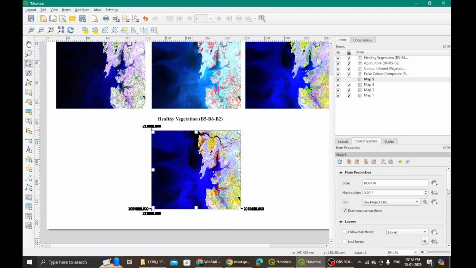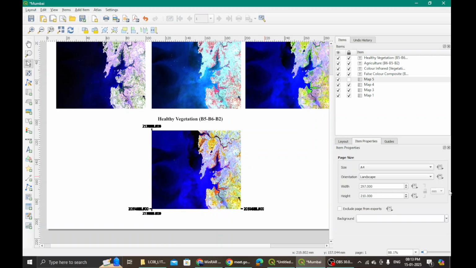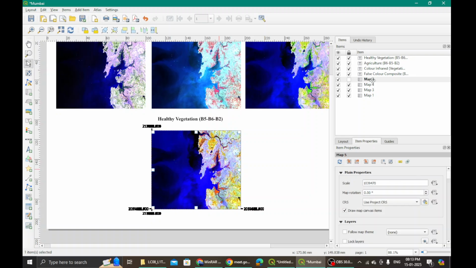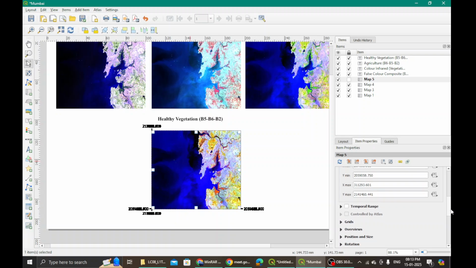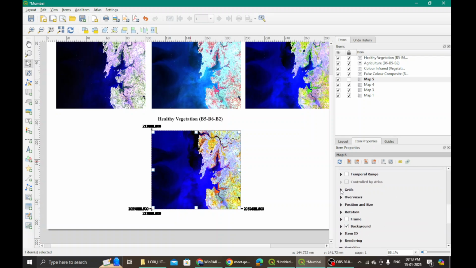Okay, I will change this because all of them seem to be overlapping one another. So let me just make slight changes. So I again select this map, that is map 5. Now my system is hanging a little because there is too much data there. So that might happen. Okay. Let me go to grid.